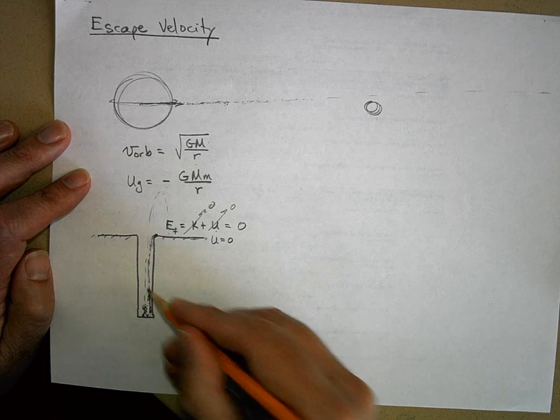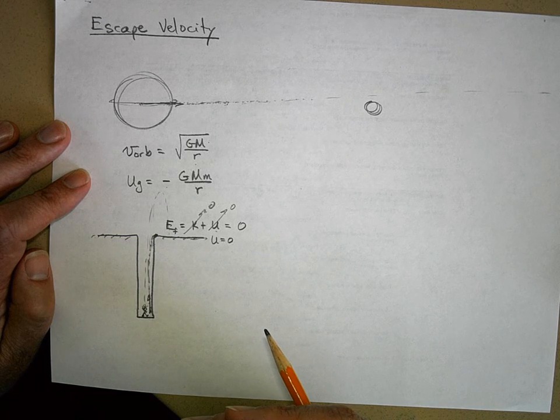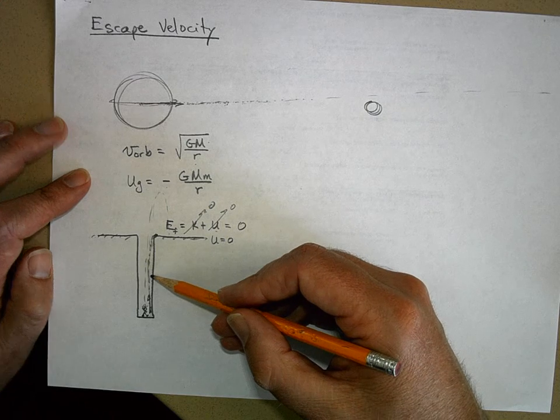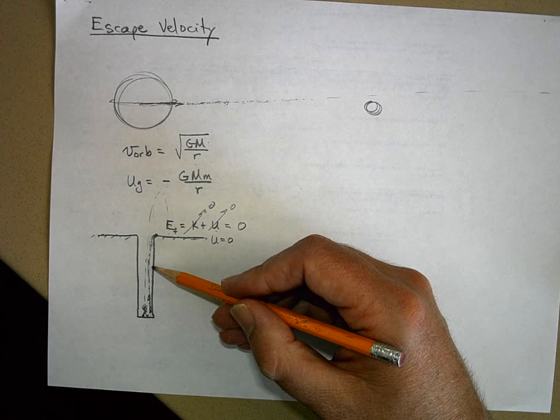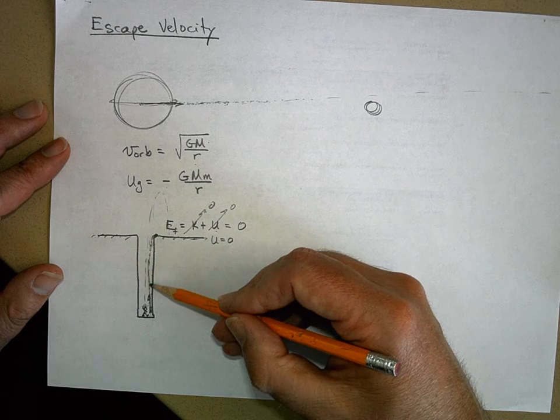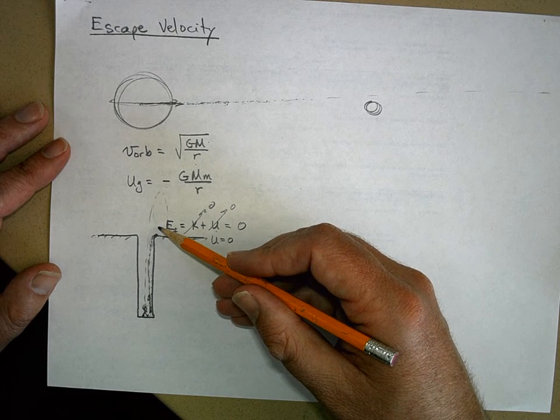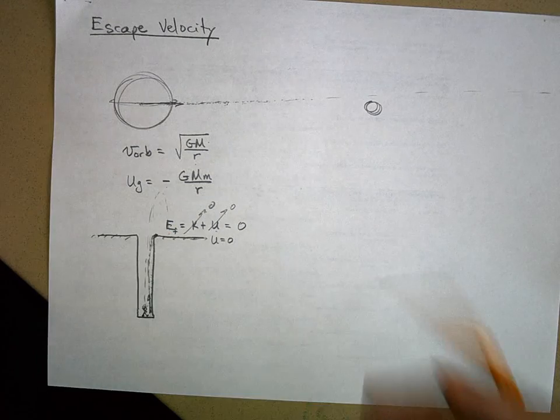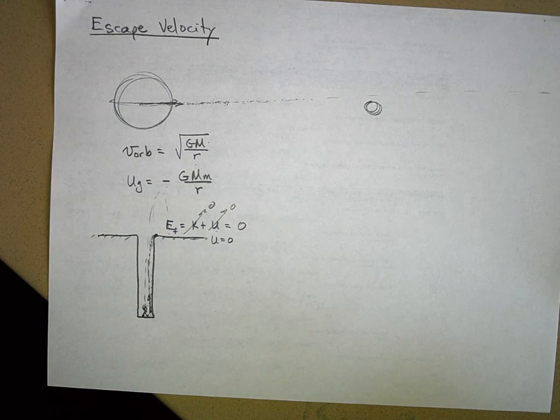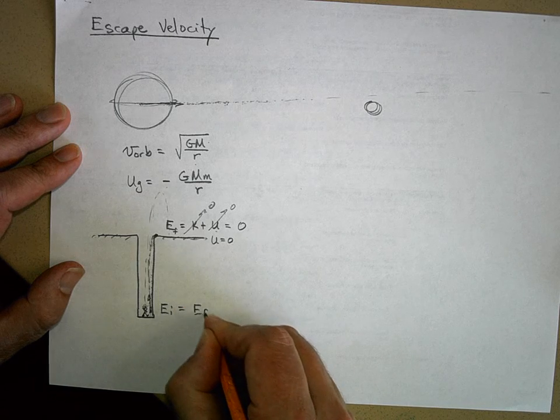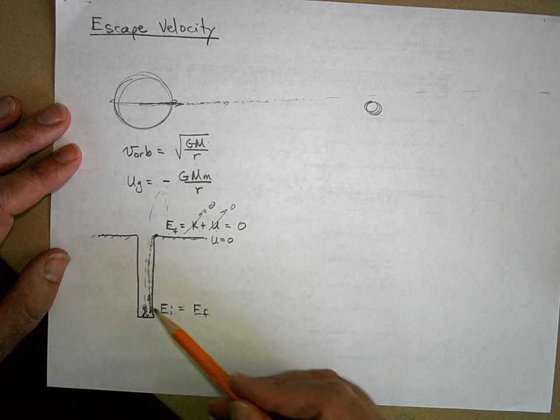But look, when the rock left Gannon's hand, the only force doing work on the rock, the only force slowing the rock down was gravity. So as the rock went up, it lost kinetic energy, but it gained potential energy, right? And we said that if gravity is the only force doing work on an object, then mechanical energy is conserved. You just have to believe that. E initial equals E final.